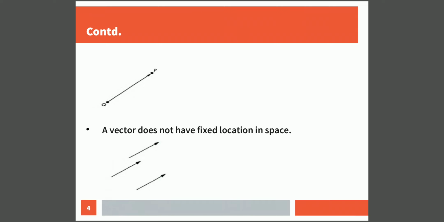So in the diagram below we have considered 3 line segments. The length of all these line segments is the same and the direction of all these line segments is the same. So we can say all these line segments are the same because even though they are present in different locations, we will not consider location when we represent a vector, because a vector doesn't have a fixed location in space. If the direction and length or magnitude of the vectors is the same, then we'll consider all those vectors equal or the same. That is represented by this diagram.